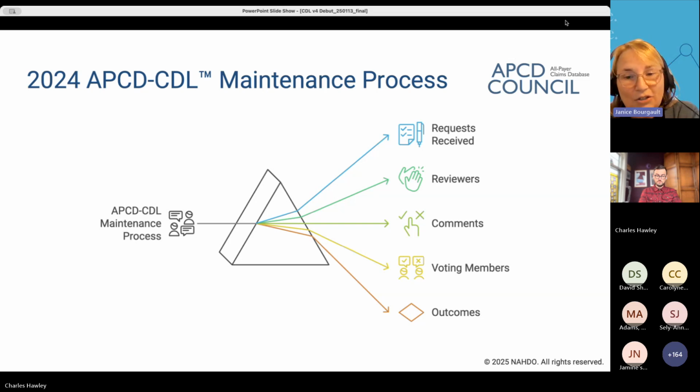So during these discussions, the outcome was that out of 22 requests, 7 requests were withdrawn from consideration, and 15 requests were approved for incorporation in the next version of the APCD-CDL. And we'll review those approved revisions in later slides. Next slide.